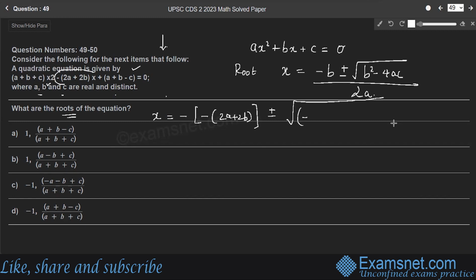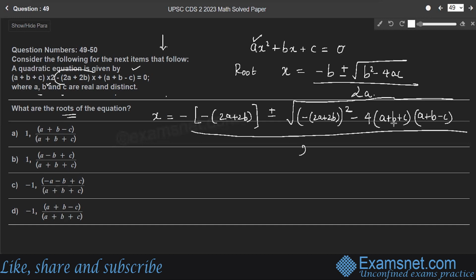Since b is minus of 2a plus 2b, b square, its whole square, minus 4 times a, which is a plus b plus c, into c, which is a plus b minus c, whole divided by 2 times a, which is a plus b plus c. Simplify it. So minus of minus becomes plus. Here it is 2 times a plus b, plus or minus square root of,